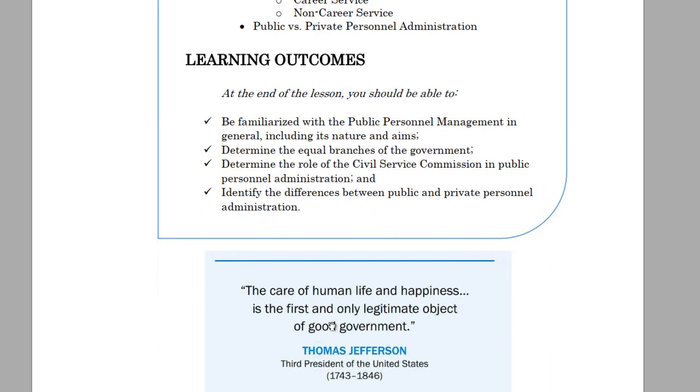At the end of the lesson, you should be familiar with what public personnel management is, its nature, its aims, and the different concepts. Most importantly, the equal branches of the government, because each has its own different personnel and management of that personnel. Determine the role of the CSC, or Civil Service Commission, as the commission mandated by the Constitution to safeguard the welfare of personnel in the government service, and identify the differences between public and private